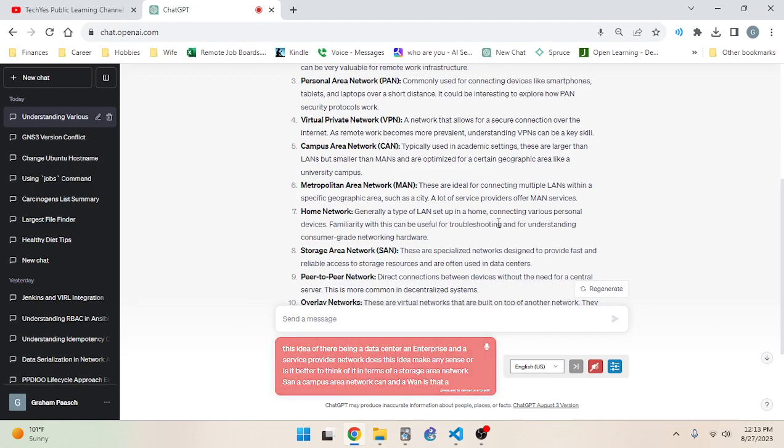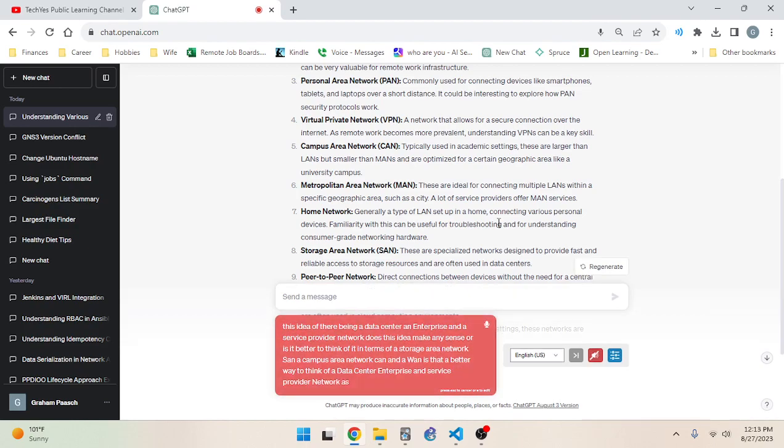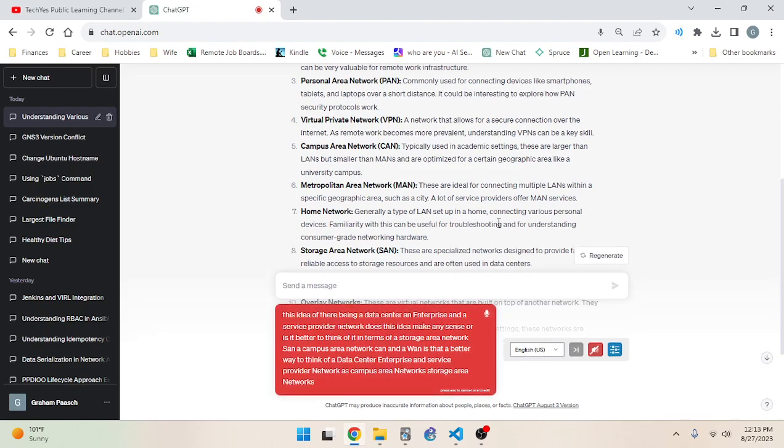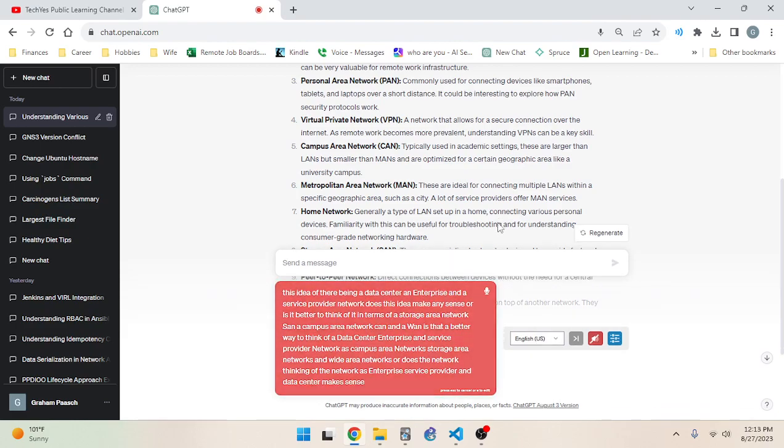Is that a better way to think of a data center, enterprise, and service provider network as storage area networks, campus area networks, and wide area networks? Or does thinking of the network as enterprise, service provider, and data center make sense?